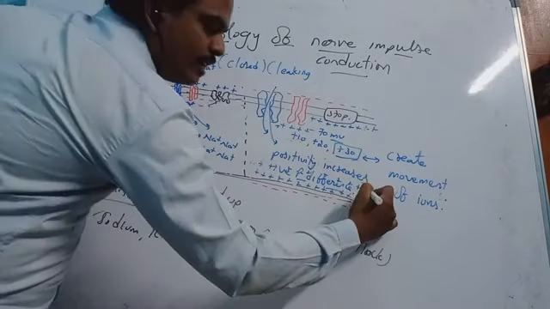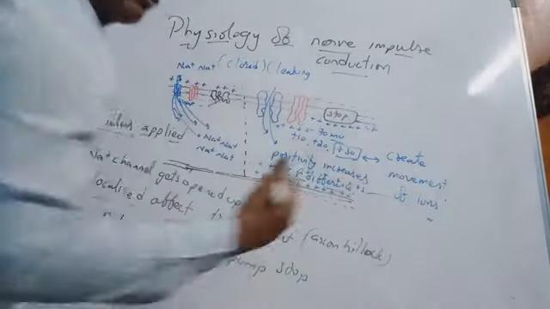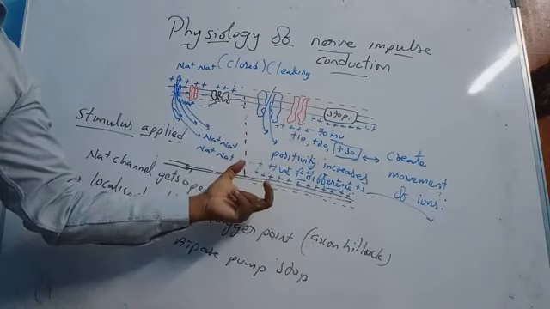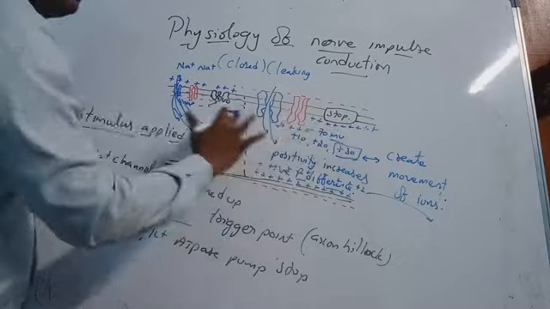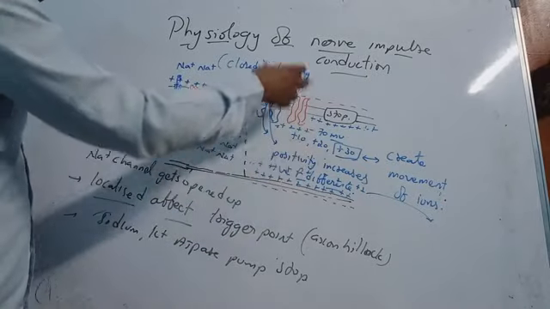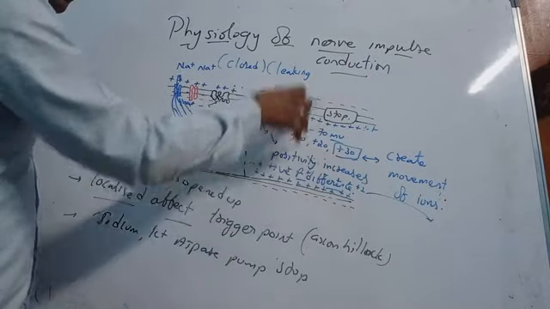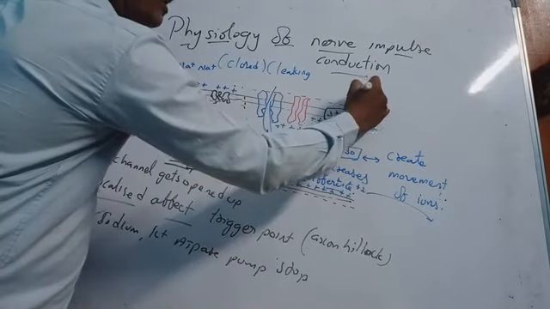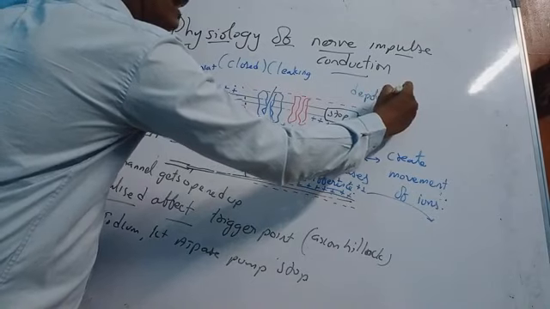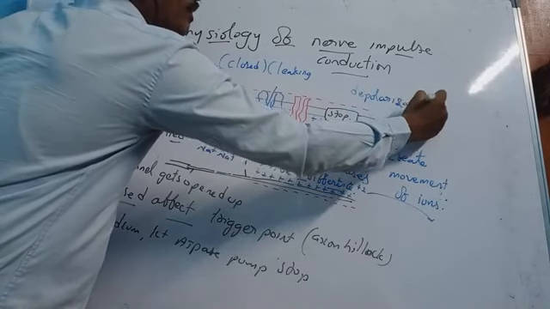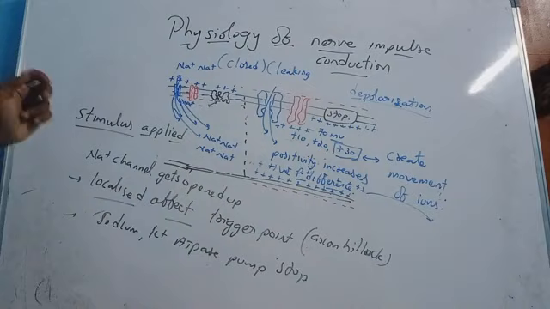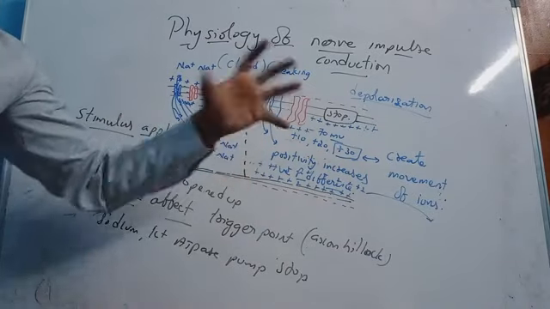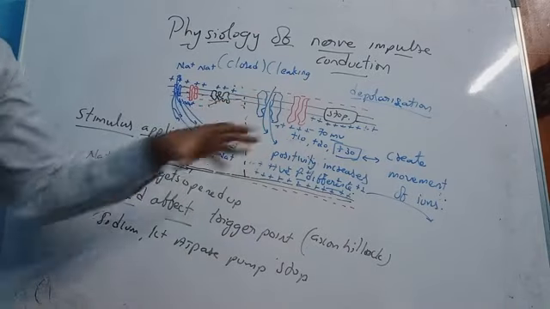So the more positives will repel to the next zone or next part of the nerve. That is more important here, because not only the depolarization, you all know this. The place where we have the increase in the ionic concentration, or the positivity inside the axoplasm, is called what? Depolarization. Because we are damaging the polarity of the membrane. The polarity of the membrane was minus 70 millivolts, which we have damaged because of the opening of the sodium ions.